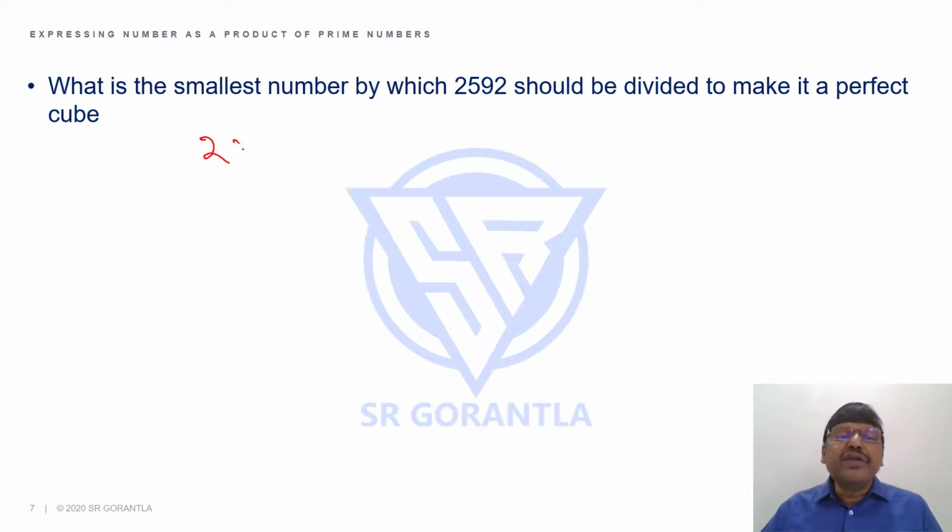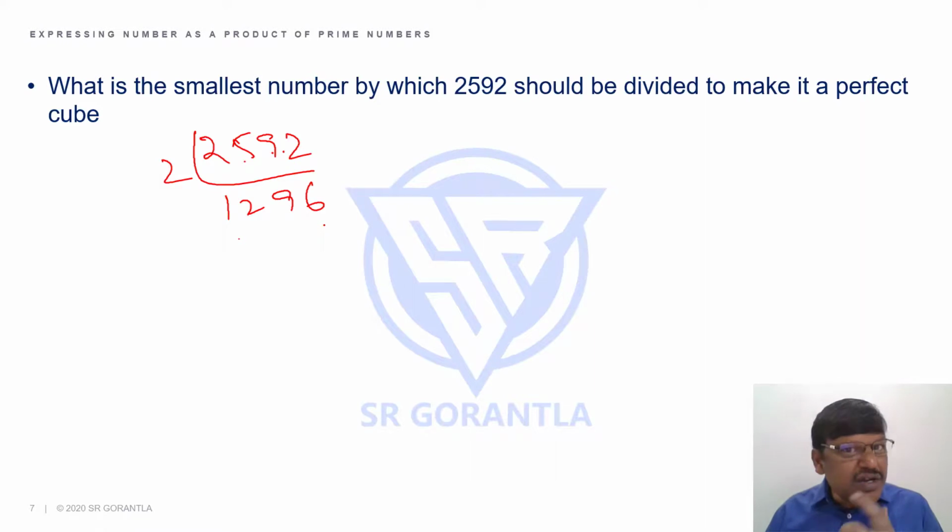First of all, 2592, if you express it to the base of prime numbers, what happens? 2 12s are 24, 2 9s, 2 6. You know what 1296 is, students? 1296 is 36 square. But probably you may not have learned so many squares. You learned only 25 squares. No issues. Let me continue.